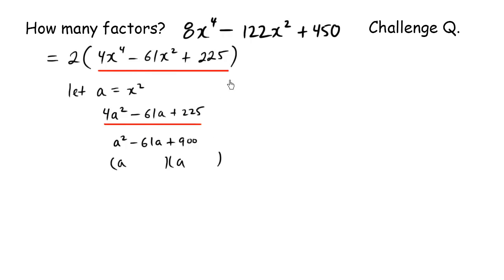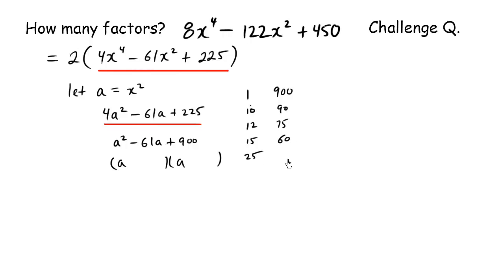Now this is probably one of the hardest parts. It's extremely time consuming. What times what becomes 900 yet adds to negative 61, because this is such a big number. Really, if you wanted to go systematically, not think, you could begin at the far extremes. 1 times 900. Clearly these two numbers will never make 61. They're too far apart. So if you want to skip ahead, instead of going 2 times 450, realizing that these are so far apart, let's try 10 times 90. You can still see that we're getting closer, but still no way we can generate negative 61. You can keep moving up, 12 times 75, and then 15 and 60, still not working,